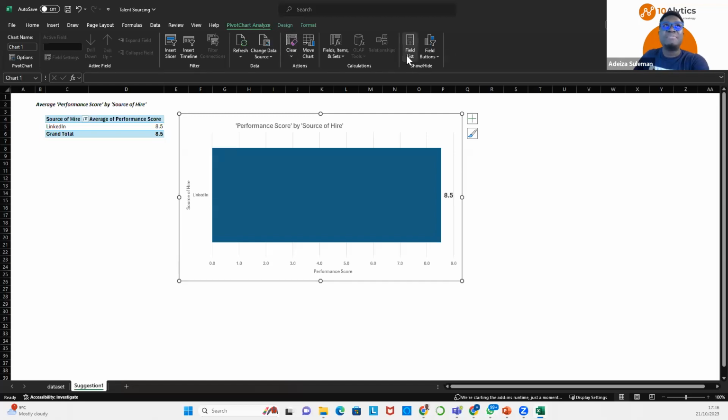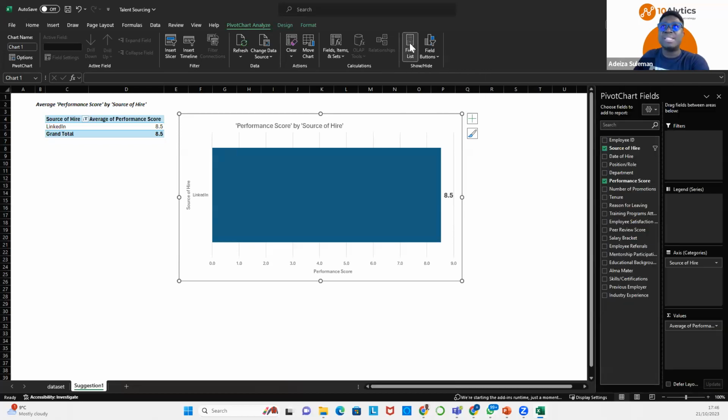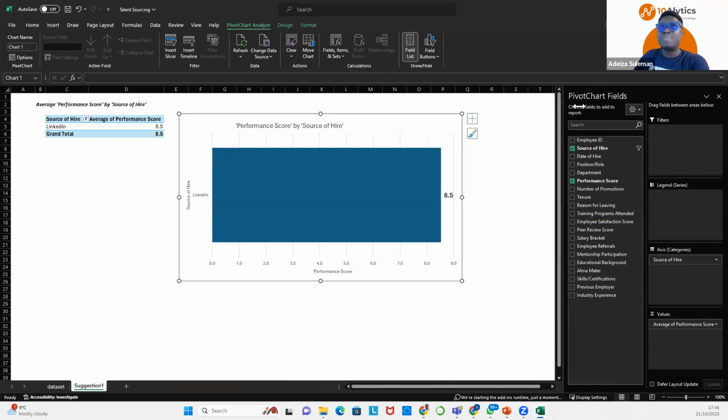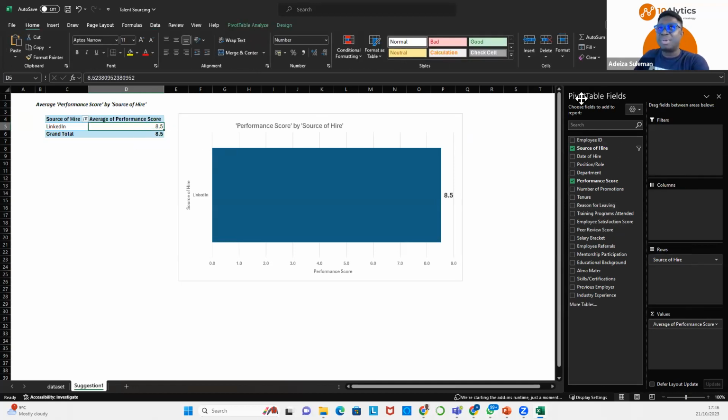Okay. And then you'd see field list. I'm going to click on field list, and the field list would show you your chart fields, where you have what and what is where at any point in time. So even though you're not clicked on the chart and you're clicked on the table, you would still see the pivot table fields. Now, this simply is my data, the data that was used to create the pivot table that Excel created for me. I just want to modify it a bit. And this is why understanding how to use Excel becomes important, because AI cannot do everything for you. The human being would still have to make one or two changes.